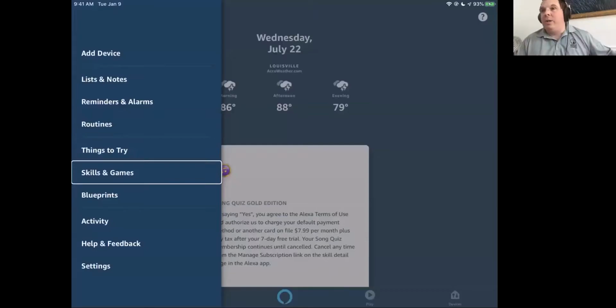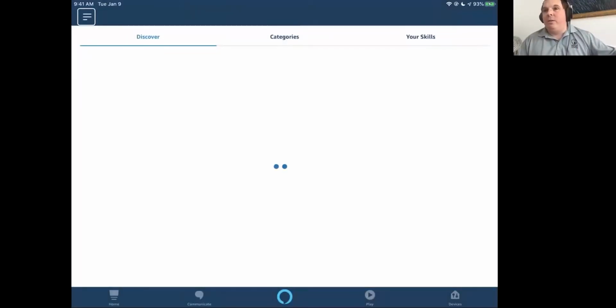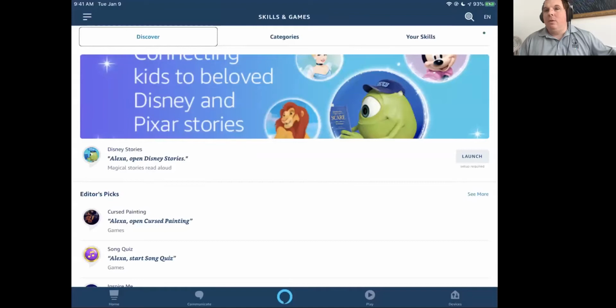Into where you can do a search. So I'll just go ahead and do that. If I click on this search and type in MathFlash, what you're looking for is MathFlash from APH. And now I'm going to go ahead and open it, and we're going to play a quick little game.